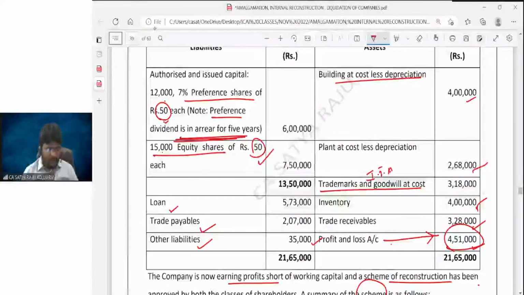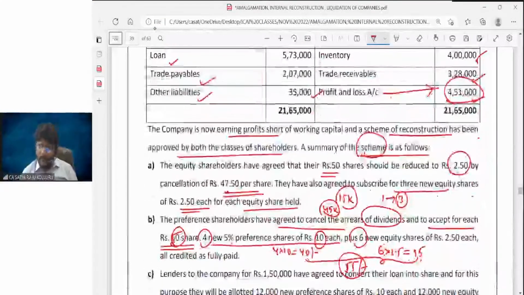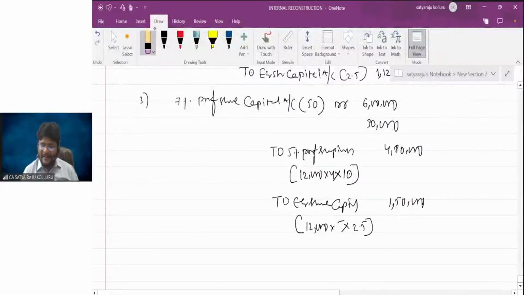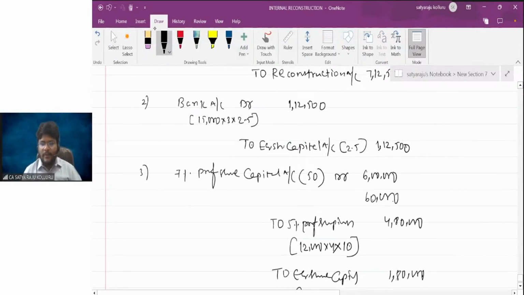Equity shares how much, guys? You have taken 5. This is 1,80,000, yeah? One second. 6, okay, got it. I understand. Just a moment. This is not the 5, it is 6. Okay, now I realized. Please change it accordingly. 12,000 into 6 into 2.5, which is 1,80,000. Okay, now I got 60,000. Sometimes it will happen, but if you go in logical mode, you can easily find out the mistake you made. So which is a reconstruction account.